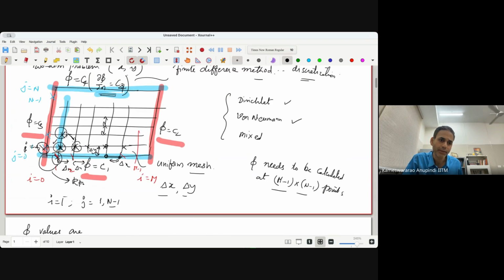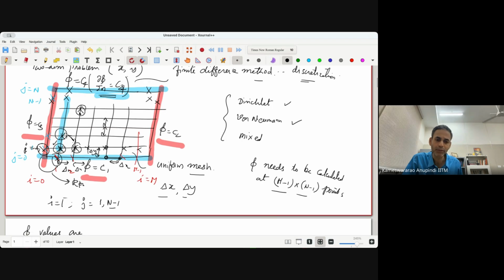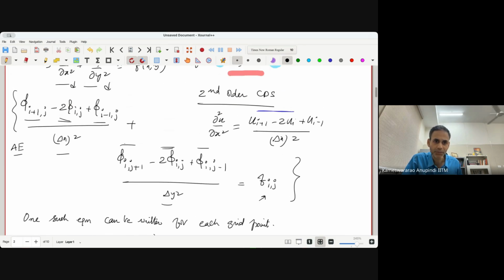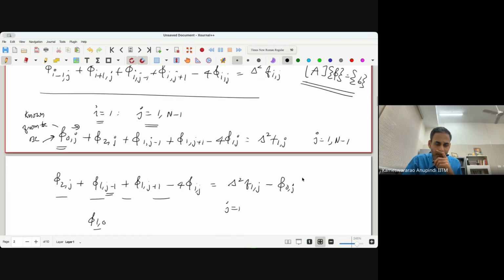Of course, such kind of symmetry will be there at all the corner points, because these point values are known. Whereas in general, for an interior point, you will still have all the 4 neighboring unknowns. So this kind of discretization, which depends on all the 4 neighbors, including ij, is basically 5 points, known as the 5-point stencil in the literature. That is phi ij, phi i plus 1 j, phi i minus 1 j, phi i j plus 1, and phi i j minus 1. So that's what we have.